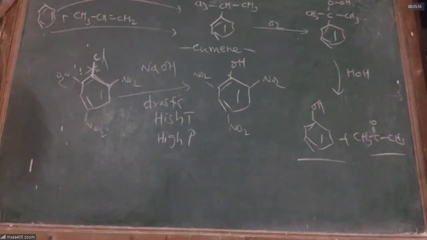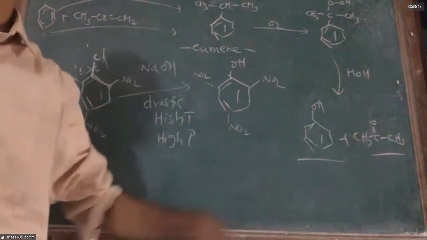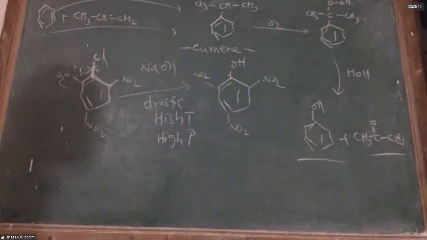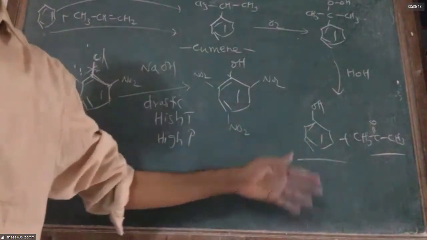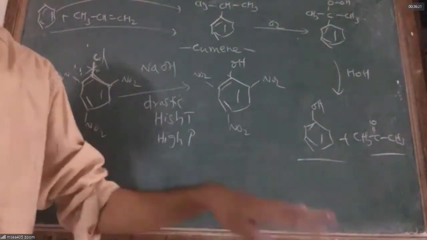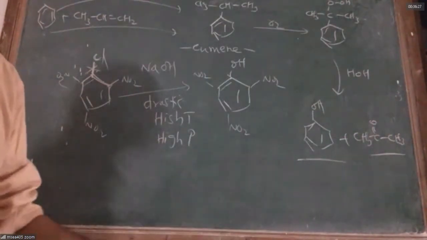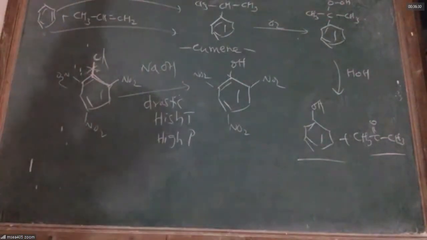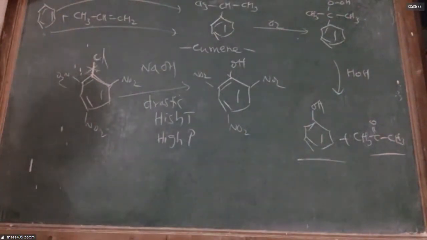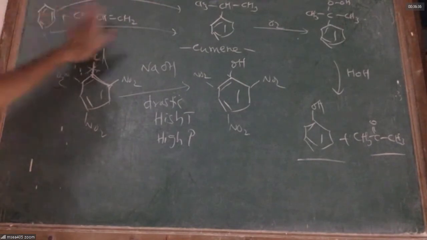Sir, the best thing I tell you, you have something called coal tar. Coal tar is one of the waste products obtained in the distillation of coal. From coal tar, you can separate phenol at a much cheaper rate. In the market, you can buy phenol at around 28 rupees per liter. It is in principle obtained from coal tar. You know, coal tar is used to make roads. That tar is a very cheap material. From tar, you can extract phenol. You can also extract benzene. But if you want to synthesize in large quantity, this is one route.